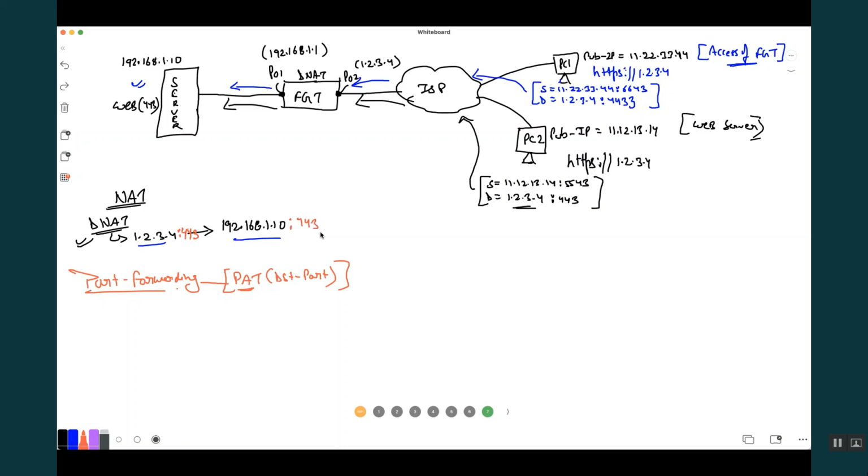Clear? That means if PC1 is sending a request for destination port 4433, the DNAT will never match, because the destination is 1.2.3.4 and the destination port is 4433. It is not a match, correct?